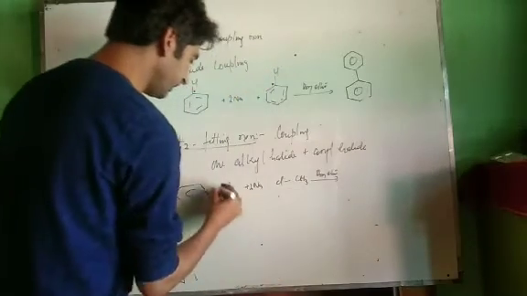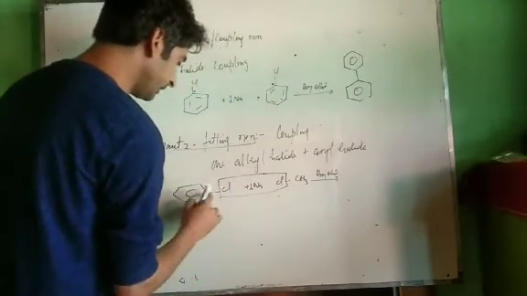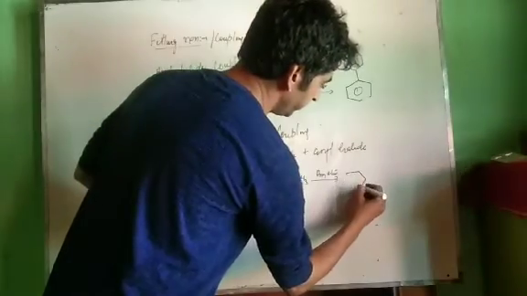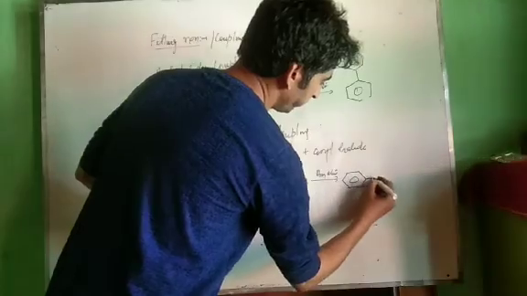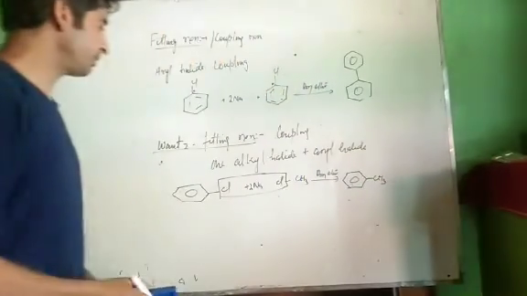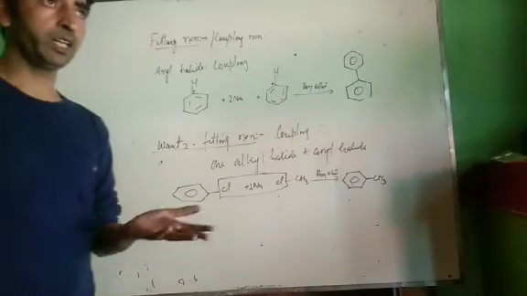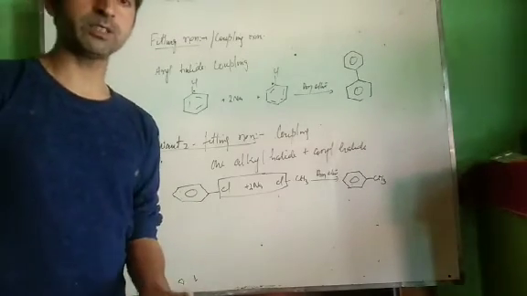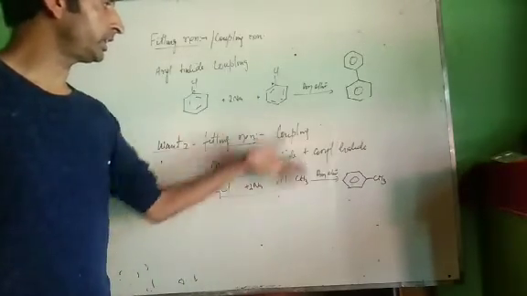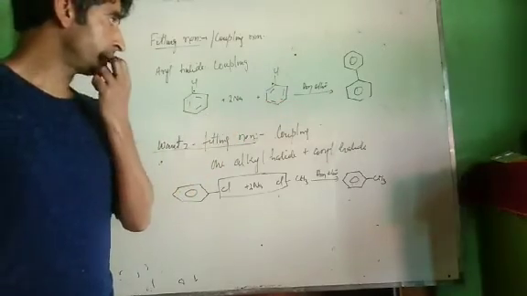Now what will be the product of the reaction? There will be coupling between this benzene carbon atom and the methyl group. The product of the reaction will be this, called the Wurtz-Fittig reaction. These are three reactions: Wurtz between two alkyl halides, Fittig between two aryl halides, and Wurtz-Fittig between an alkyl halide and an aryl halide. In all three cases, the solvent is dry ether and we treat them with sodium.